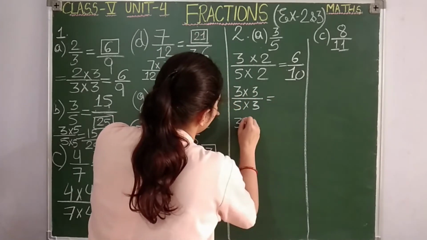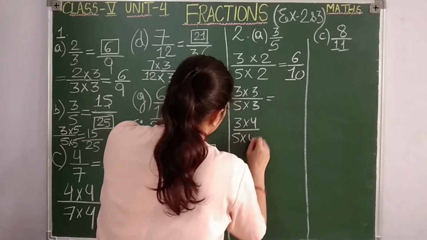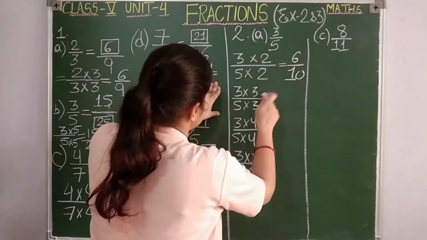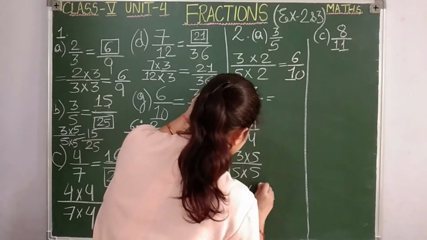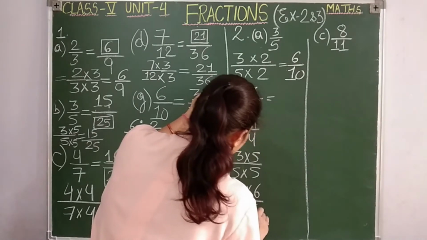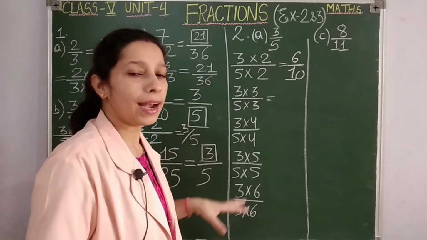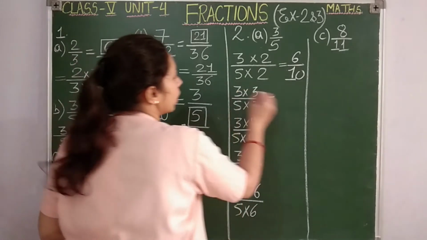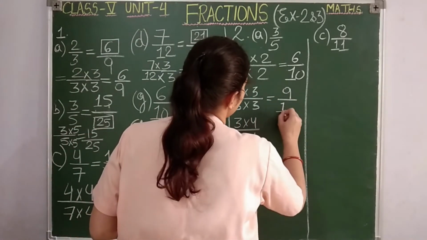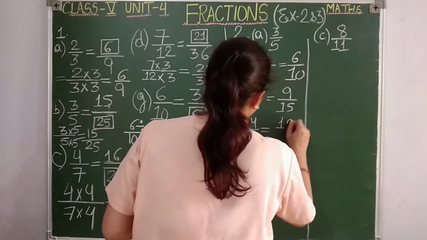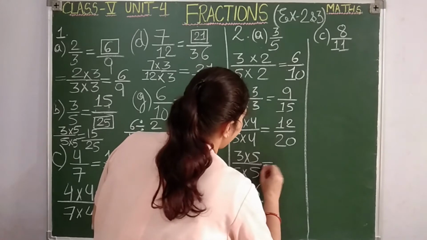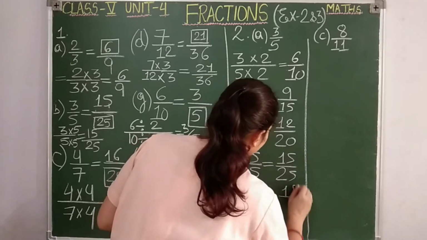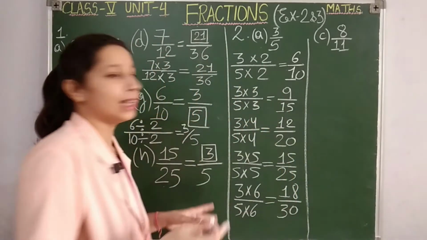In the same manner, go on taking the next natural numbers and multiply. 3 3s are, then 4s are, then 5s are, 1 2 3 4, one more we have to give, 6 are. Okay students, now the same fraction we have multiplied with the same numbers in the numerator and denominator. So whatever fraction you obtain is an equivalent fraction. So here 3 3s are 9, 5 3s are 15. 3 4s are 12, 5 4s are 20, 3 5s are 15, 5 5s are 25. 3 6s are 18, 5 6s are 30. See, like this we find equivalent fractions.